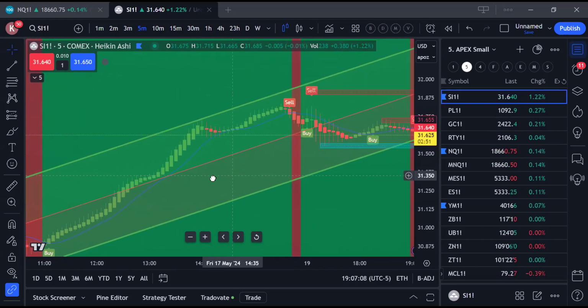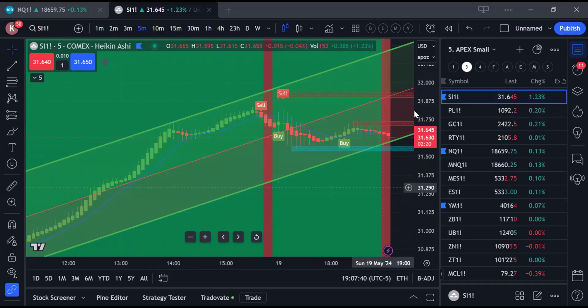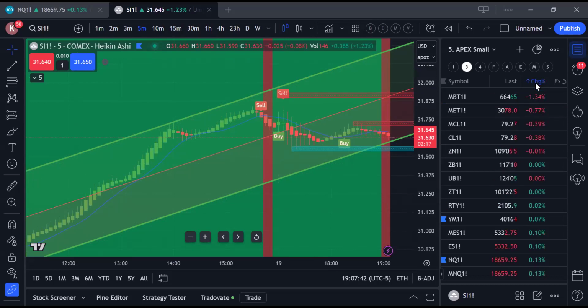How do you know what the trend is? If you look at the overall chart, which color is dominating? The green color. So that means the trend is overall very bullish. You got a sell, or you have some red candles with the red background, but you can always avoid taking the opposite side trades. Because if this chart or channel is showing an uptrend, that means the overall trend is bullish. Or if you look at the change percentage,